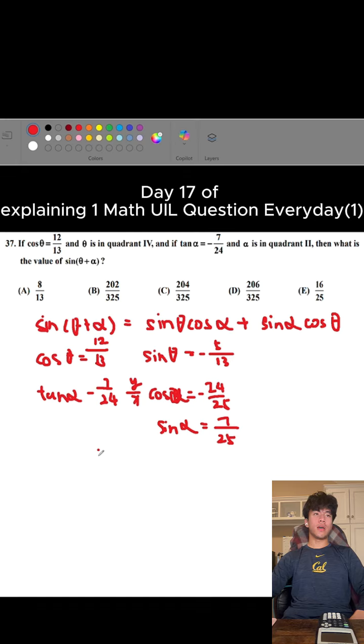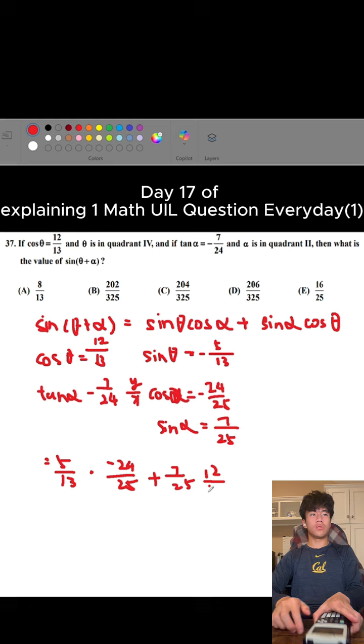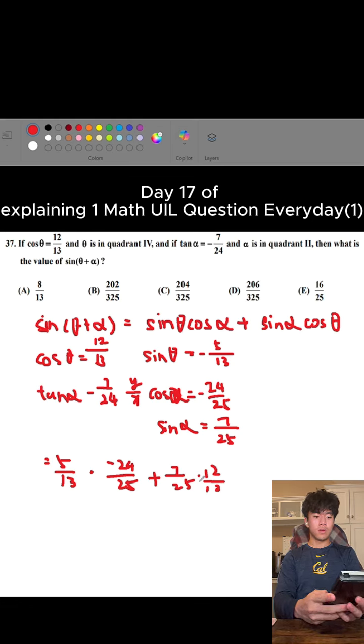And now we just need to compute the actual value. So sine theta, which is negative 5 over 13, times cosine alpha, negative 24 over 25, plus sine alpha, which is 7 over 25, and then times cosine theta, which should be 12 over 13. You can just plug it in a calculator. So it will be 5 times 25 plus 24 times 13 plus